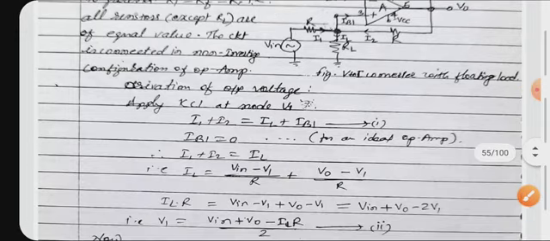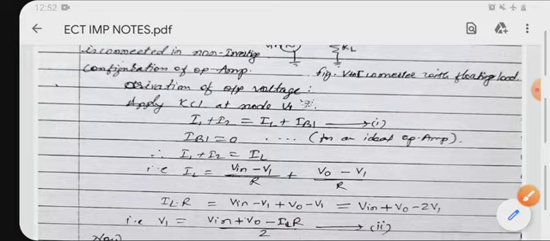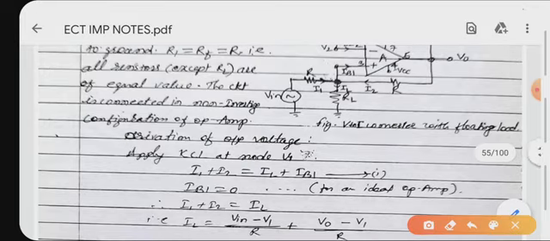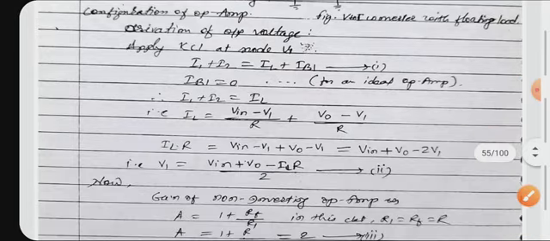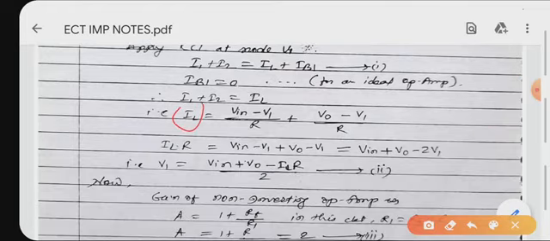Then as usual apply KCL at node V1. Where is the node V1? Node V1 is the junction where three resistors meet, two R resistors, you can say R1, R2, and one RL. Okay, so it becomes I1 plus I2 is equal to IL plus IB1. Four branches are there. IB1 is equal to 0 for an ideal operational amplifier, so the equation becomes I1 plus I2 is equal to IL. We want this IL in the final equation, therefore we will keep it as it is.